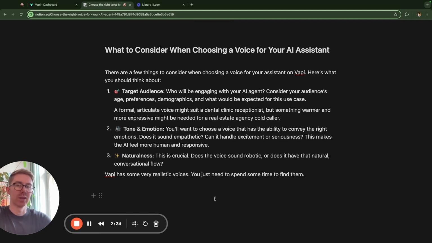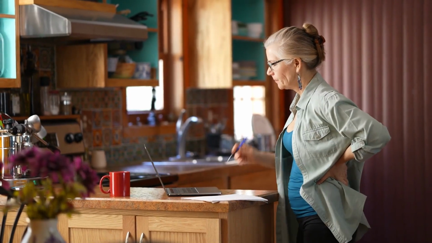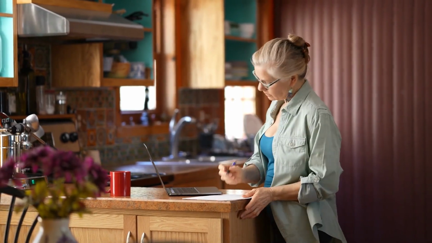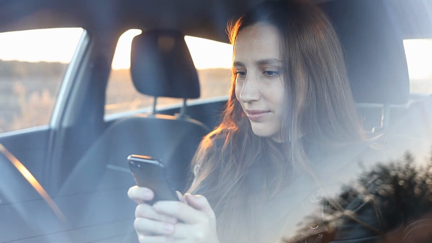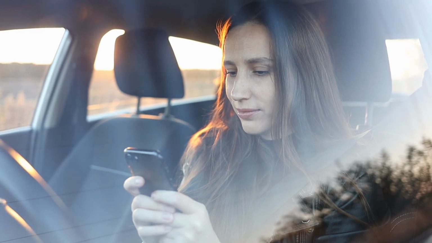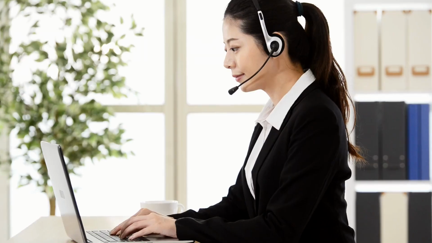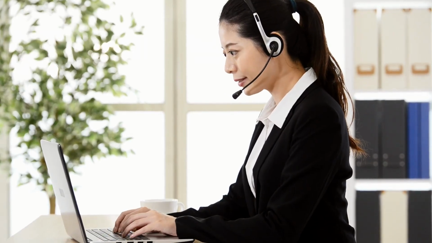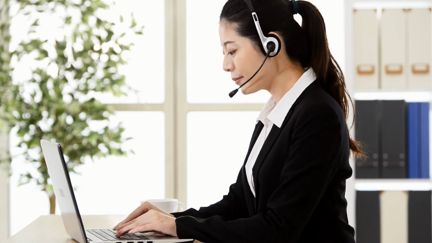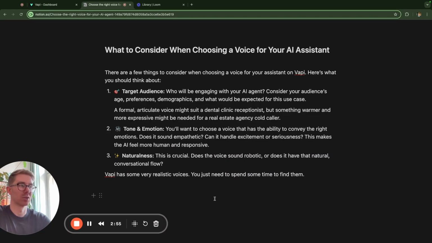First of all, who is the target audience of your assistant? Who's actually going to be engaging with it? This will really tell you a lot about how the voice should sound. So think about their age, think about their demographics, and also what would be expected for this use case. As an example, like a dental clinic, something that's quite formal and articulate will work perfectly for that use case, but something a little bit warmer and expressive might be needed for, let's say, a cold caller for a